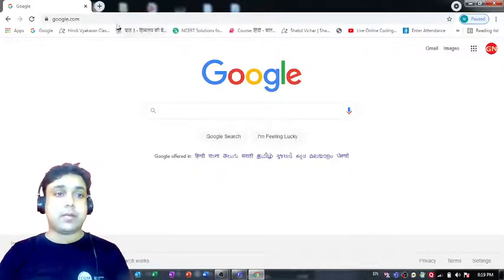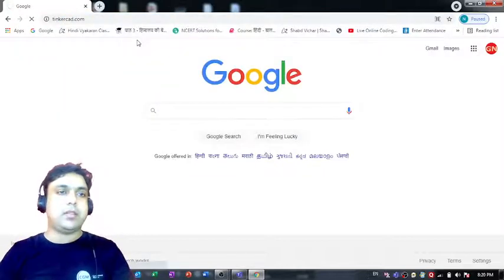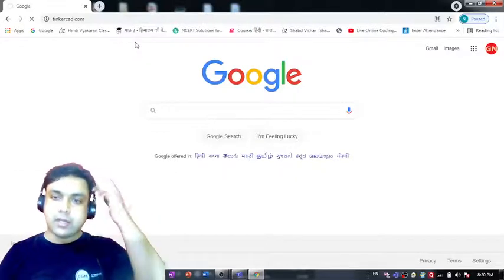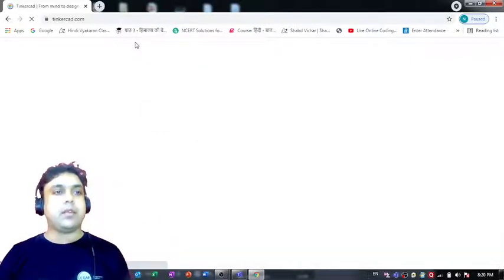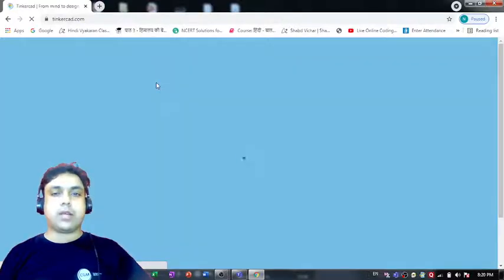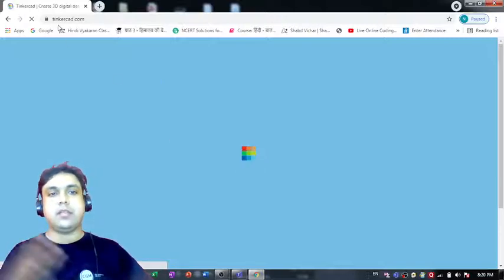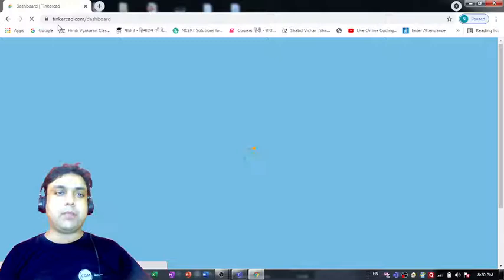So for accessing the platform, we can simply type tinkercad.com in the URL part of the browser, and automatically it will redirect us to the dashboard, right? Why? Because I'm already logged in to my account on this platform, so that's the reason it will redirect me to my dashboard.